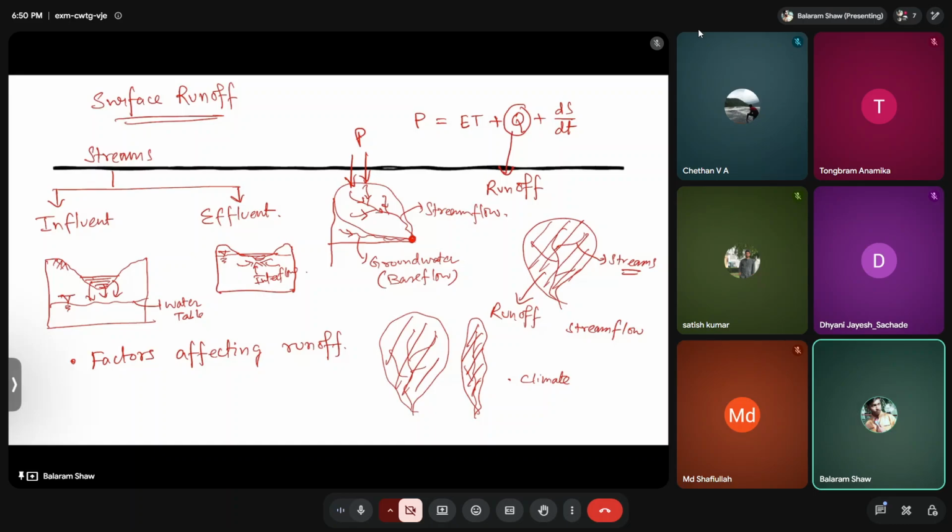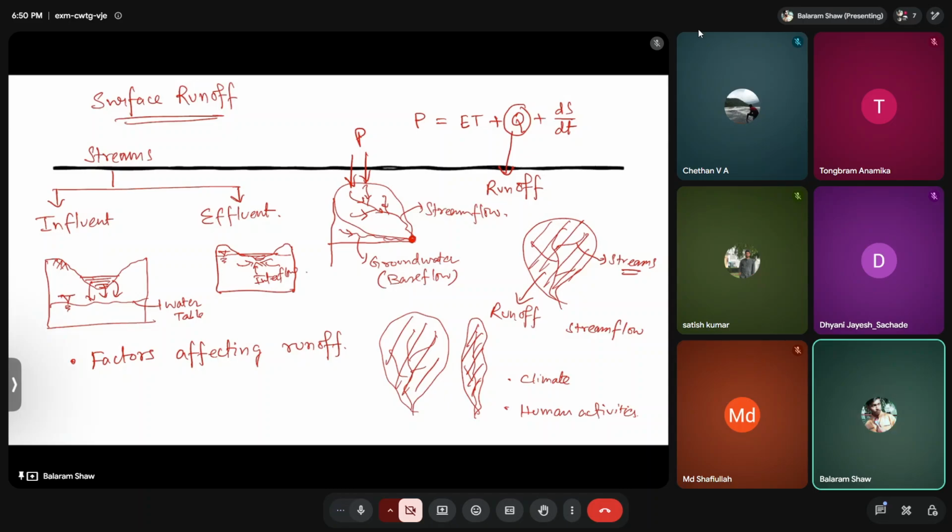Okay, it also depends on infiltration and permeability characteristics of the soils and subsurface formation, what kind of aquifer is there or what kind of saturated layer is there. Then also one of the important factors nowadays is human activities. Let's say we are changing land use, maybe agricultural land to urban land. Then what will happen in urban land? We are mostly doing concreting and all, right? Because of which whatever infiltration would have happened before is not happening, and hence the surface runoff is getting